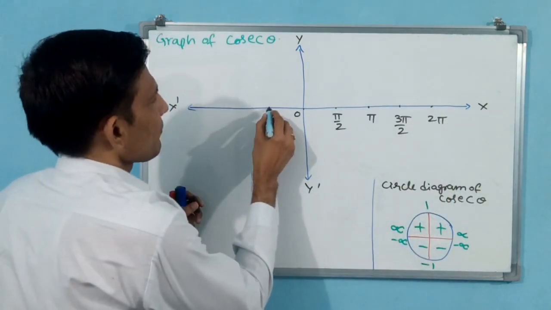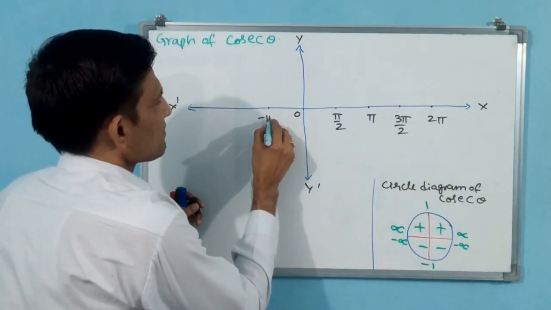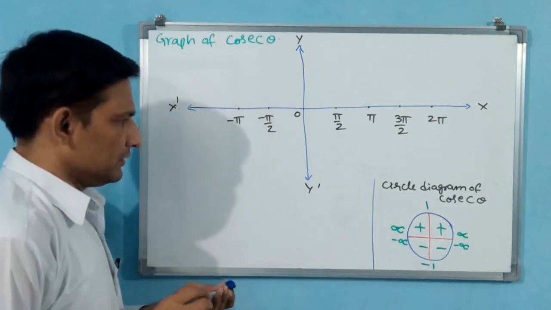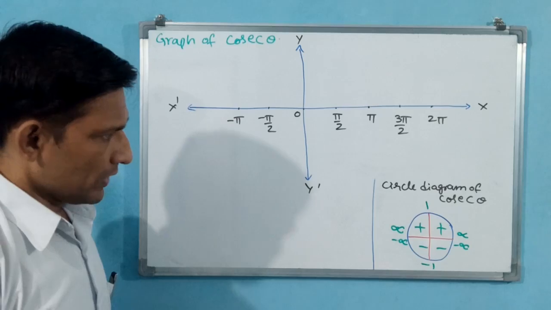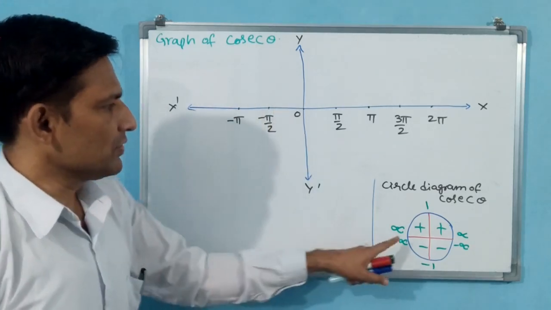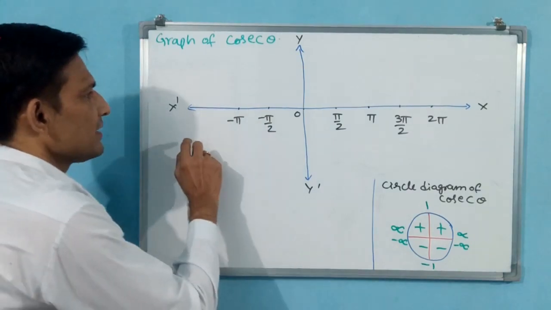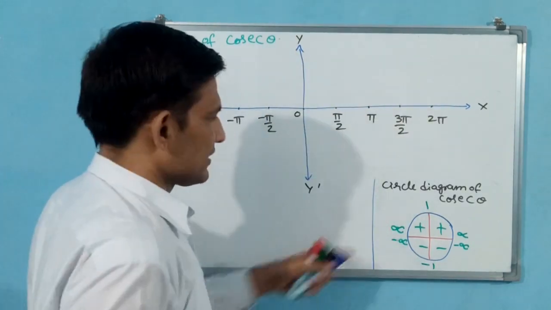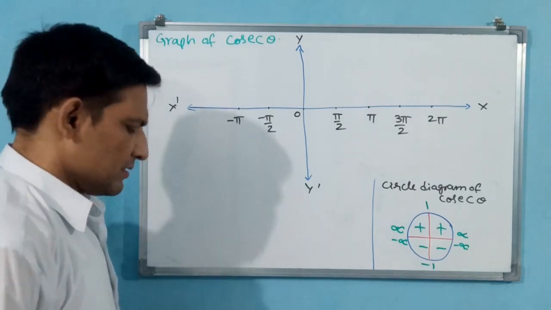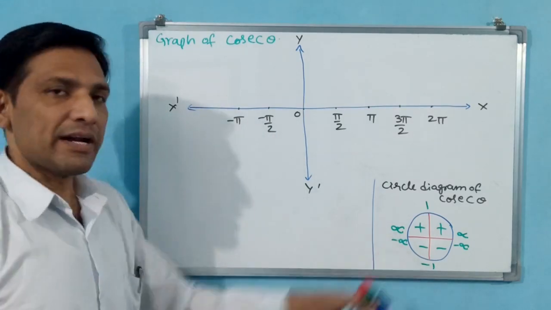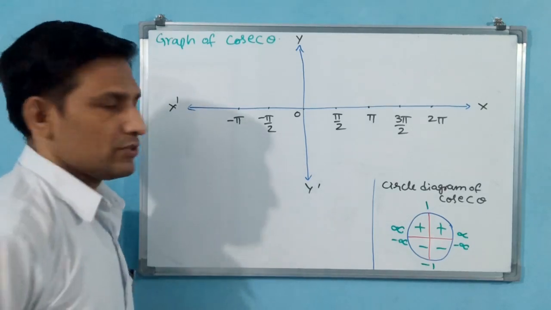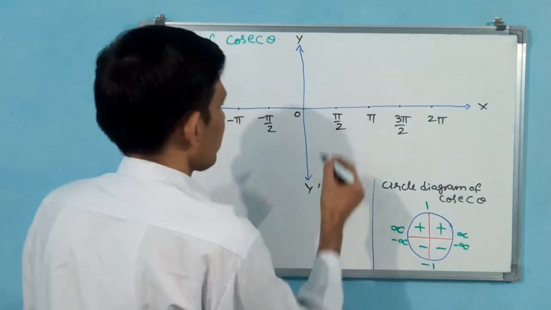Okay. Minus pi by 2, minus pi. Okay. Here also if you observe, see, 1 and minus 1 are there. That is why vertical lines and horizontal lines. For infinity vertical lines, for 1 and minus 1 horizontal lines are also required. Okay. Let me draw how I am drawing, you observe carefully.